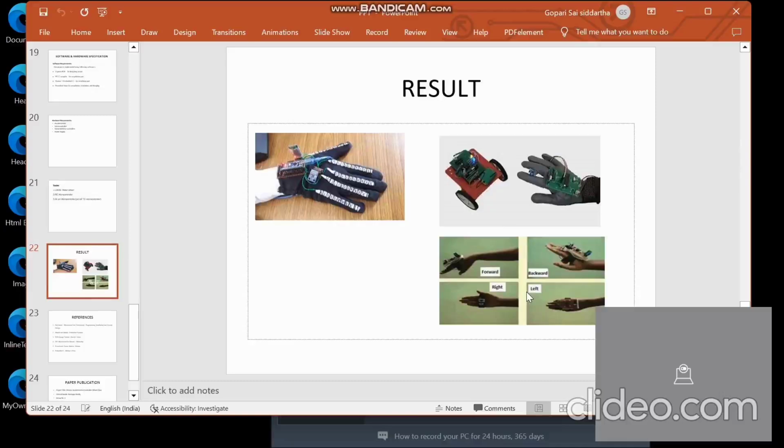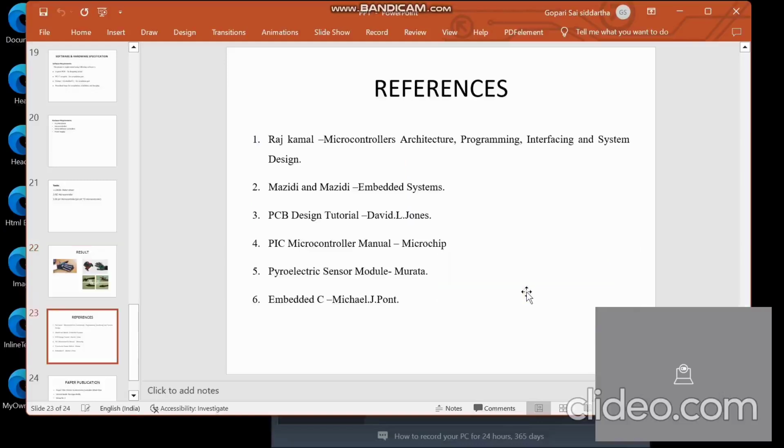And this is the result of our project. When the accelerometer sensor is tilted towards the right side, the wheelchair will move to the right side. The movement of the wheelchair will be in four directions: forward, backward, right, and left. Some of the references of this project are: